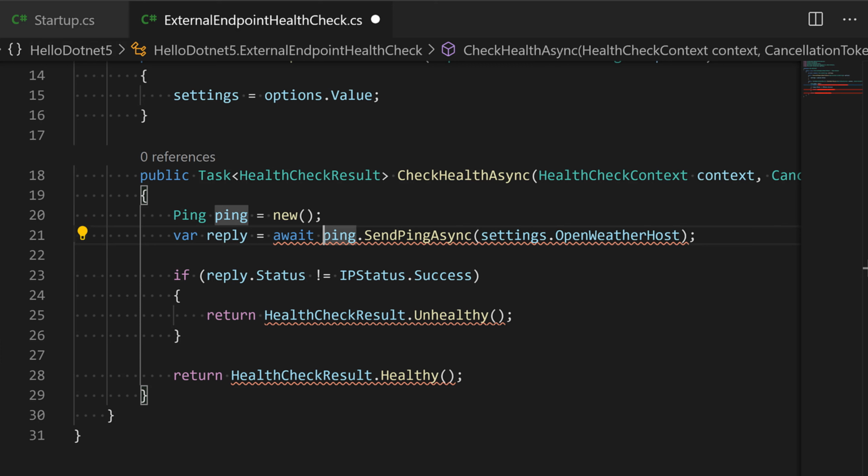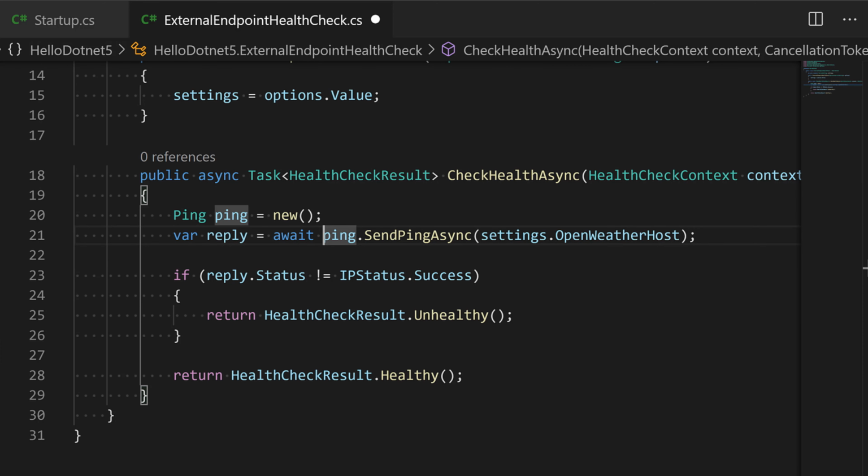Now, next thing, let me add, yeah, this method should be async. Otherwise, how are we going to do an async call? And what we're doing here is very simple. As you can tell, SendPingAsync, and we're taking advantage of the OpenWeather host that's available in settings. We ping that, we get a reply. If the reply is not successful, we say, hey, this is unhealthy. Otherwise, it is a healthy result, and we return a healthy result over there. Yep, so that's our